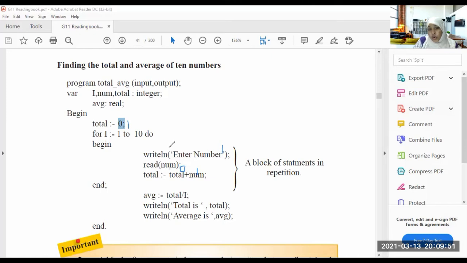Okay. Then here I should enter 10 numbers, right? To satisfy the I. Then it will show me the average. What is the average? The total is divided by I, and then it shows me the total and the average. We'll do it in the Pascal program and see what is happening.